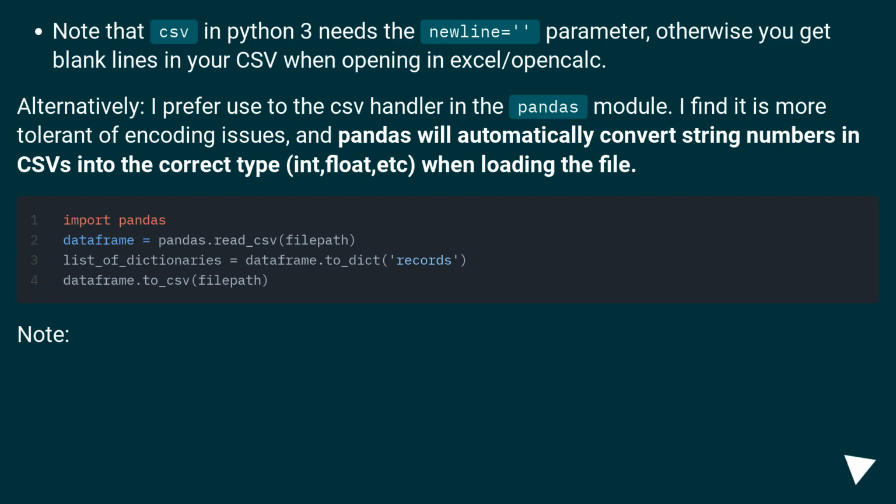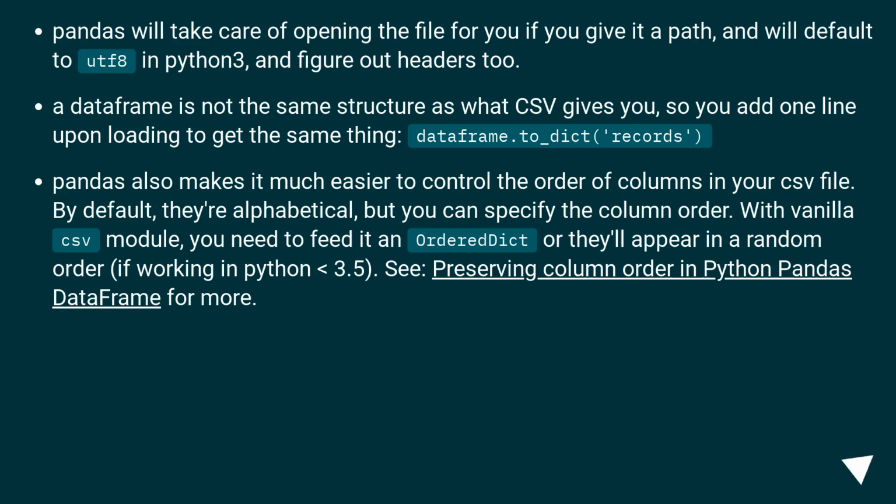Note: pandas will take care of opening the file for you if you give it a path, and will default to UTF-8 in Python 3, and figure out headers too. A data frame is not the same structure as what CSV gives you, so you add one line upon loading to get the same thing,